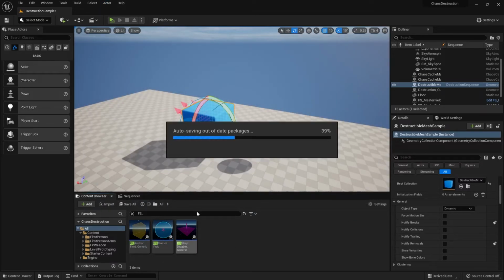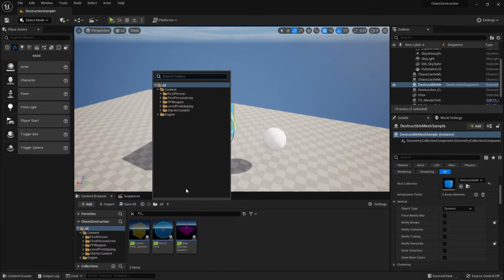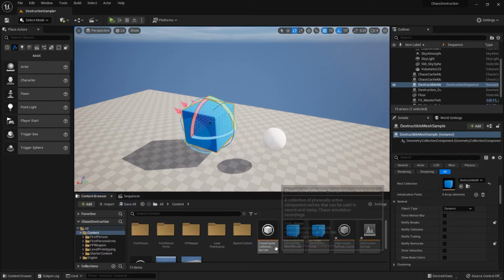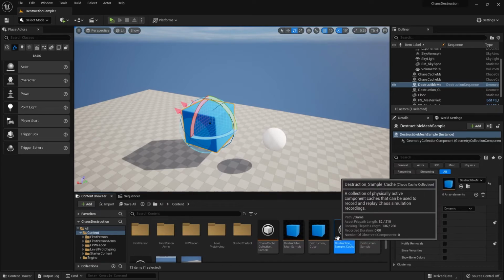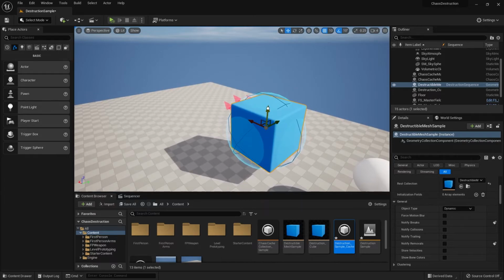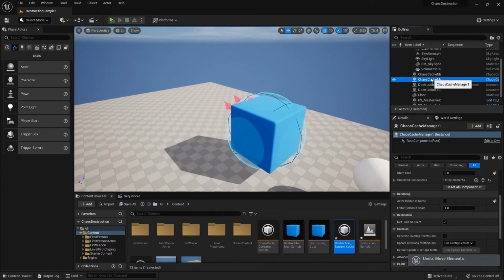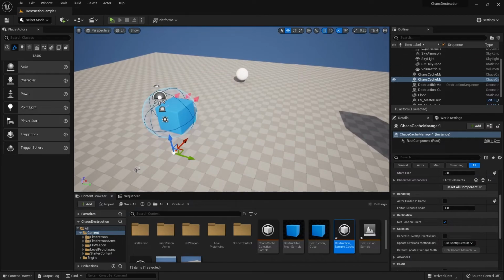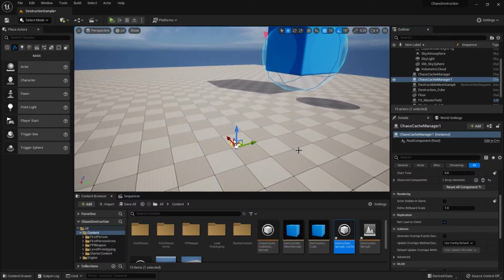It should be there in the content folder over here. What it will make is the chaos cache manager in the outliner, right here with this dinosaur icon on it.